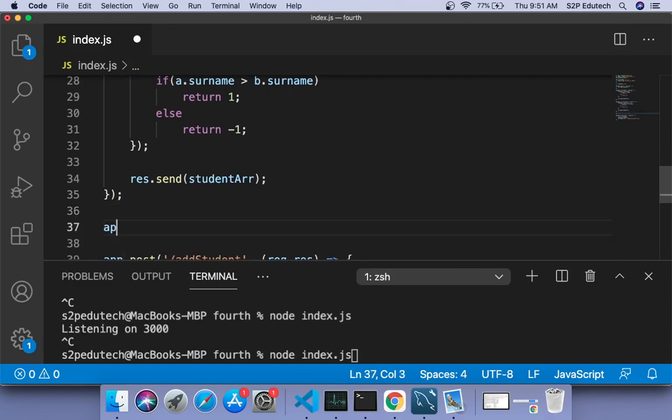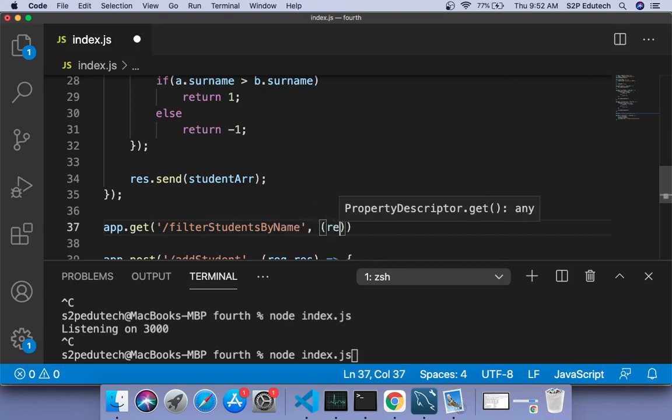Acha, what we'll also do is, let us write some filter as well. So I'll say app.get. In this I would say filter students by name. That is what I am saying now, right? In this I would again have request comma response, and this would again be a callback function.